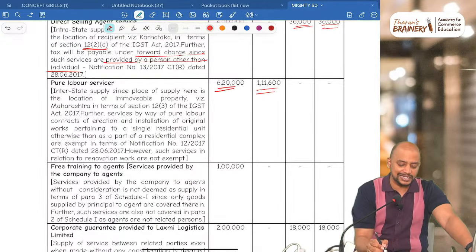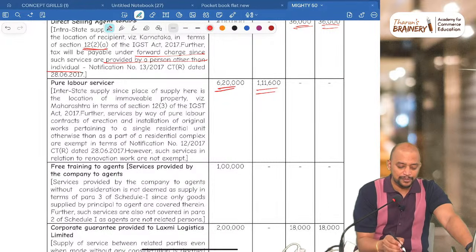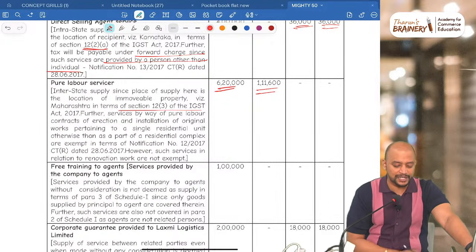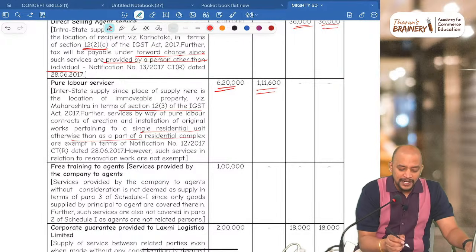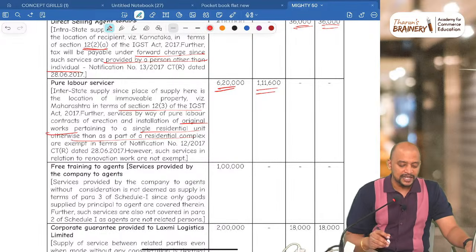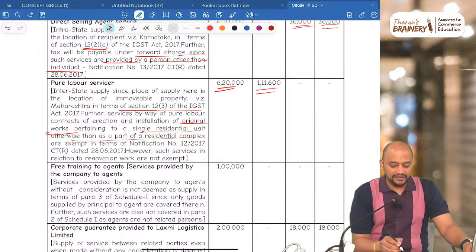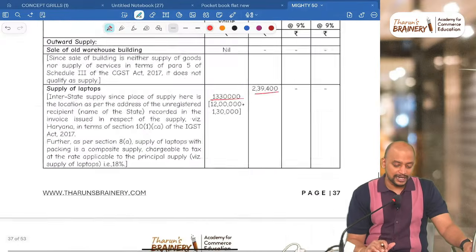6,20,000, IGST 1,11,600. Service in relation to immovable property. Location of immovable property is the place of supply. And single residential unit, otherwise than as a part of complex, only construction service is exempted. Erection and installation of original works, but not repairs. However, such service in relation to renovation work is not exempted. The next one,